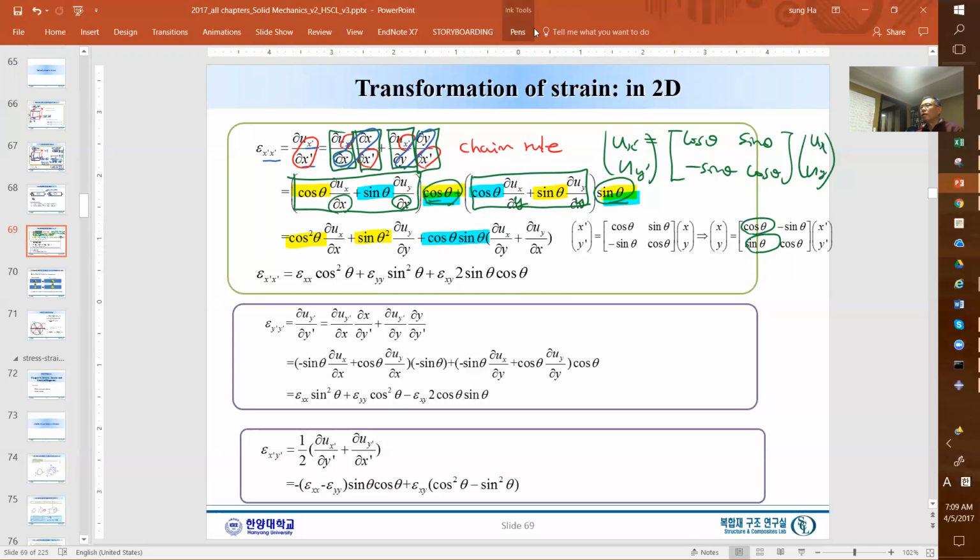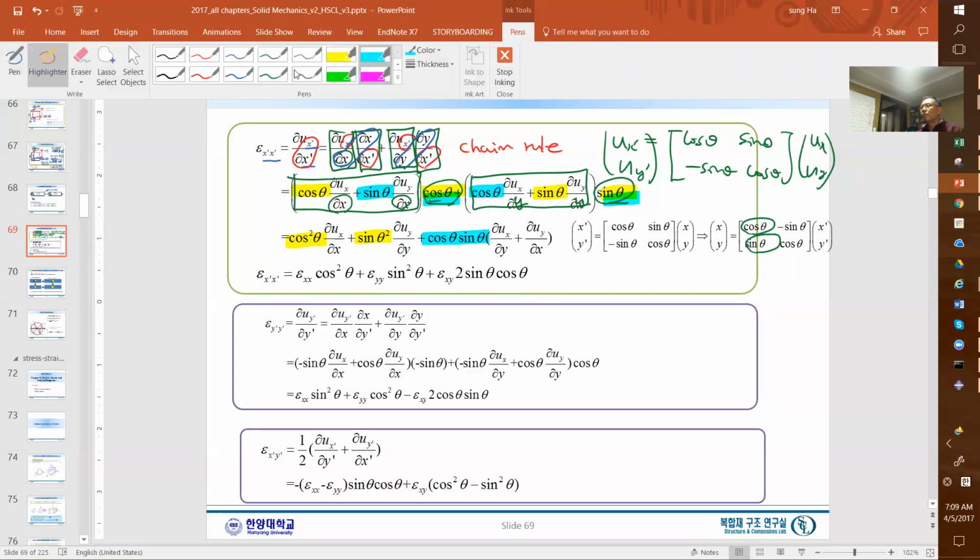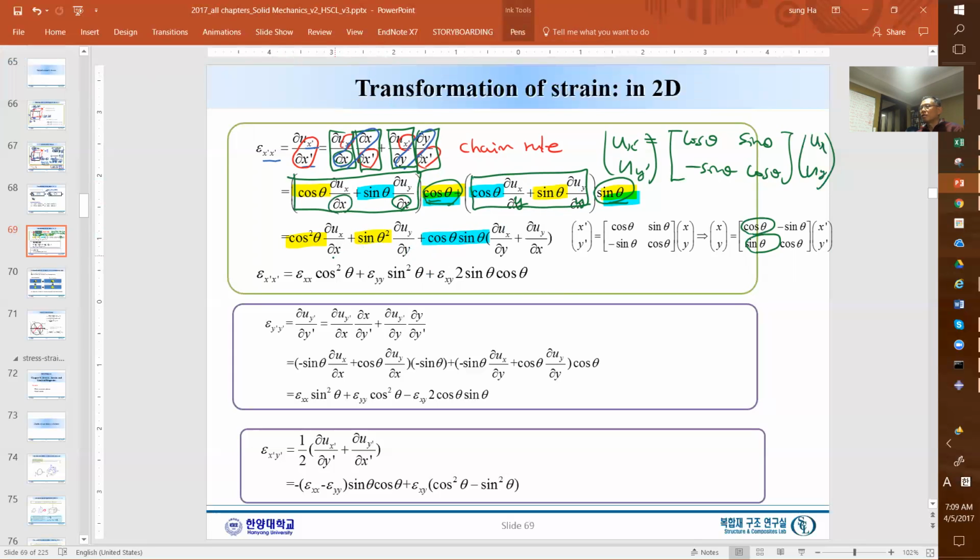So this is the strain transformation. And please notice, what is this term? Well, by definition, it is epsilon xx, and this one is epsilon yy, and this one is twice epsilon xy. And others, like cosine square, comes here, sine square is here, and this one. So this is the strain transformation, epsilon x prime, in terms of previous coordinate